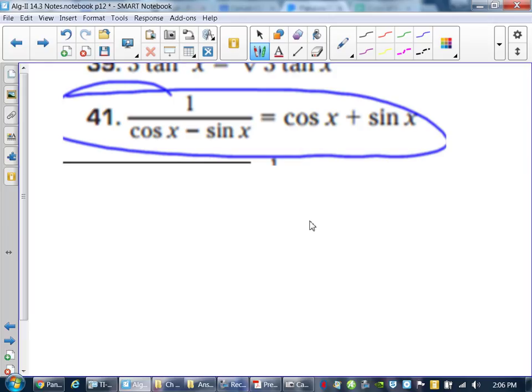You don't have to do exchange-o. Just multiply both sides by cosine minus sine. If you multiply both sides by cosine minus sine, you're going to get 1 on the left. And then on the right, you get cosine plus sine times cosine minus sine. This case works out okay in our favor, because if you FOIL that out, it just becomes a difference of squares. A squared minus b squared. So you get cosine squared